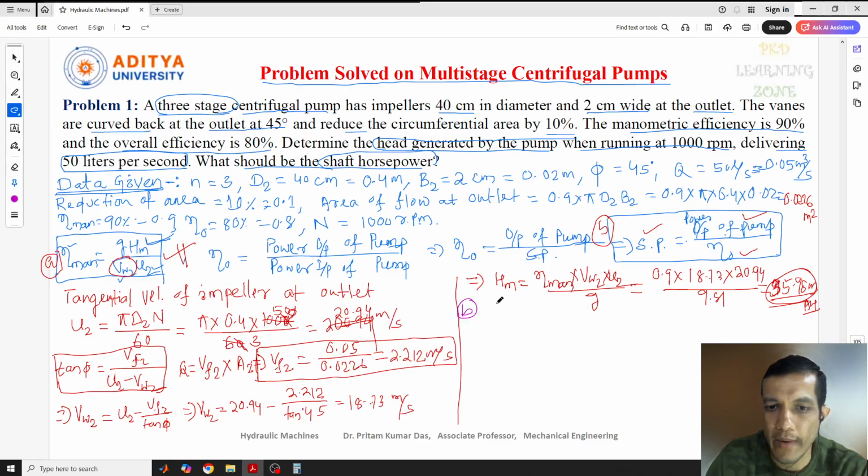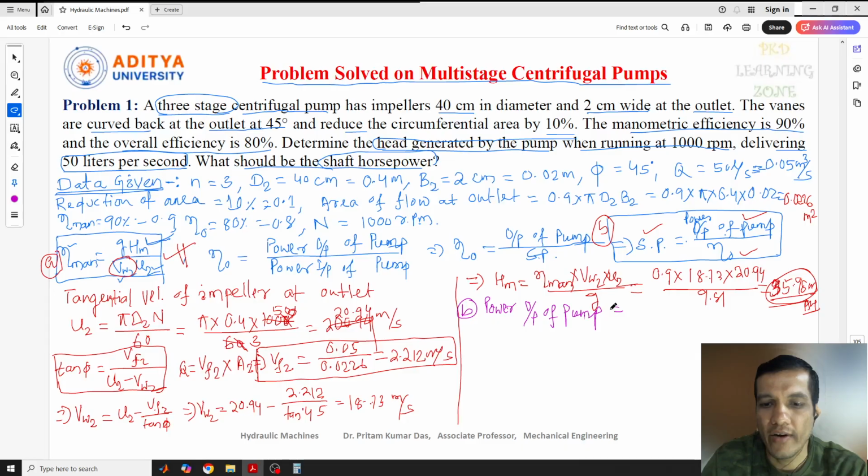B point is nothing but the power of the output of the pump. This needs to be calculated, correct? Here what I'll do is very simple. If I want to calculate in terms of watts, the power is nothing but